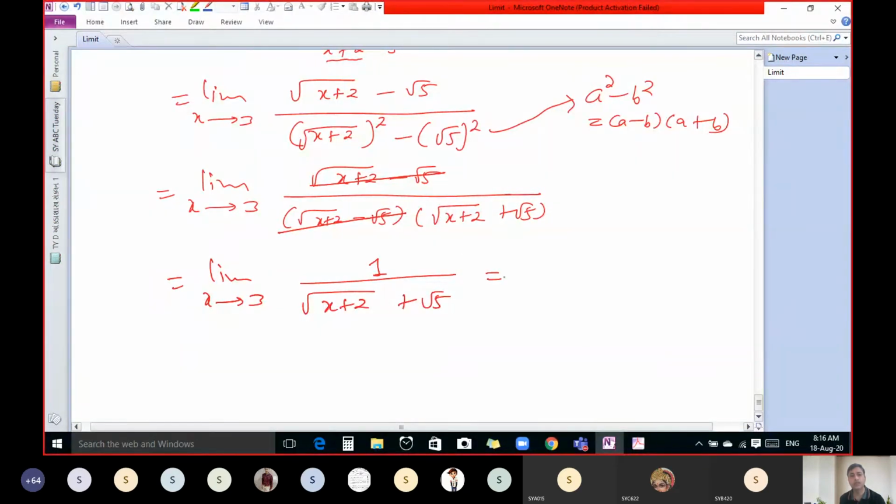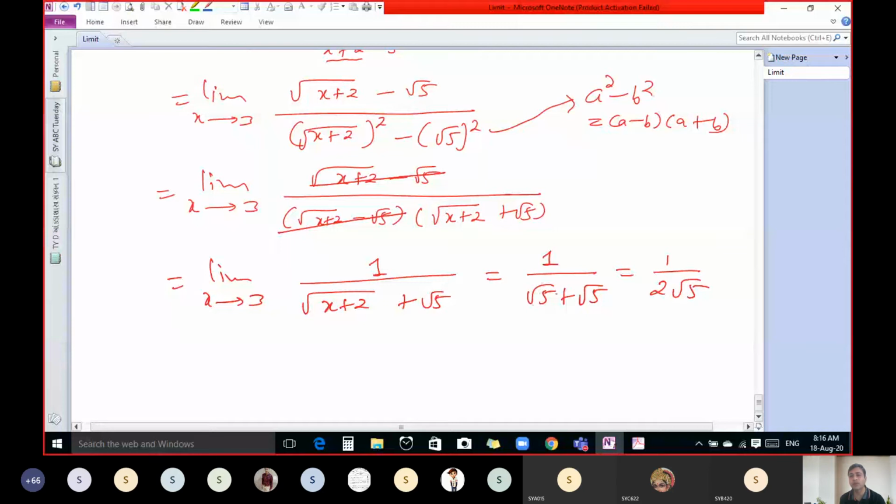And now put x equal to 3. So what we get if we put x equal to 3? So 3 plus 2, 5. So we get root 5 plus root 5. And it's like x. Let us consider this is x. X plus x, that means what? 2x. So the answer is 2 root 5.